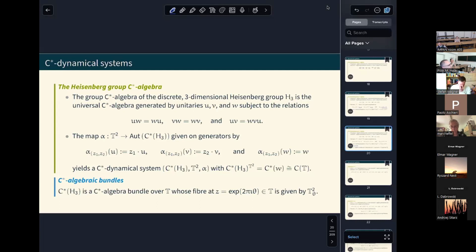And of course, there are many applications of this C-star algebra. One of the applications plays a crucial role in the classification of non-commutative principal torus bundles in the sense of Echterhoff and Nest. So this is one of the reasons I stumbled upon this C-star algebra. Maybe last but not least,